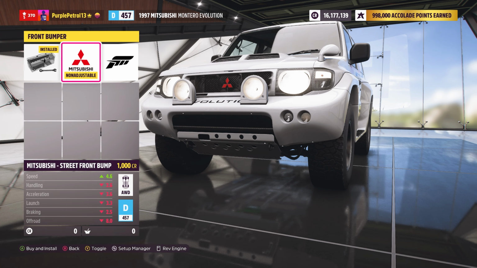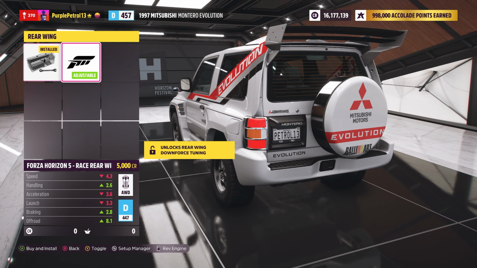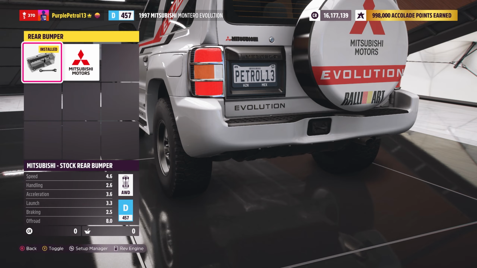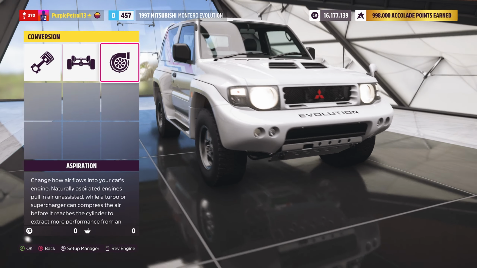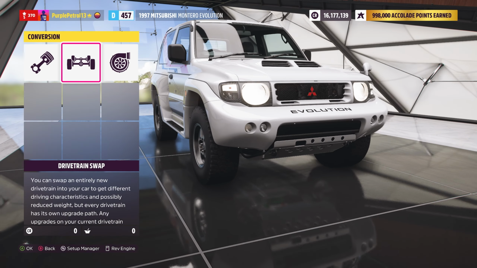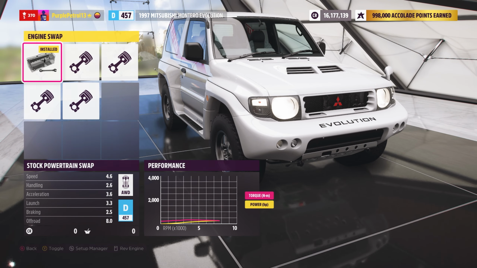We can put some Mitsubishi front lights on, or a Forza bash bar with spotlights. We can also add a Forza rear wing, which looks horrible, and a Mitsubishi rear bumper that removes the spare wheel. There aren't though any wide bodies for this, as you may expect, but you can twin turbocharge the Evo, which it technically is, rear wheel drive swap it if you want to ruin it,